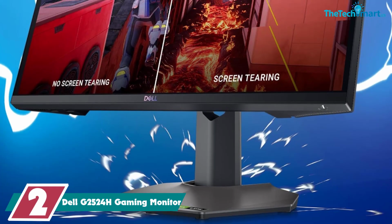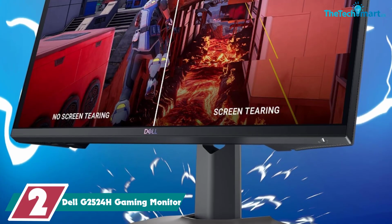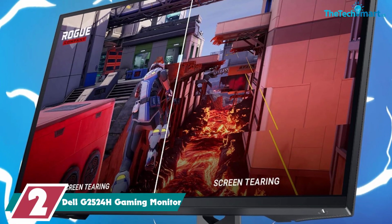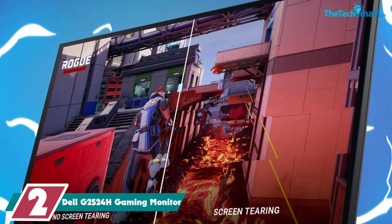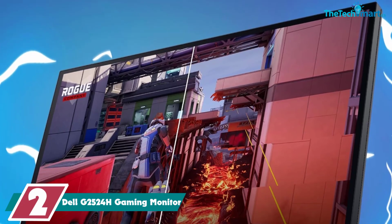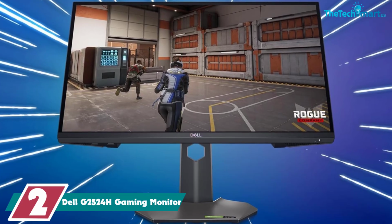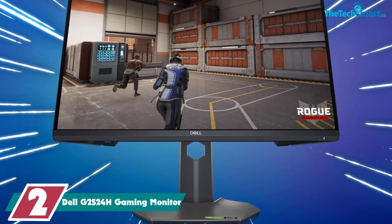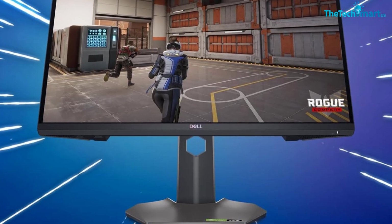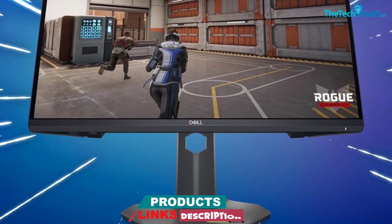At number 2, we have the Dell G2524H gaming monitor. If you find that the 27-inch screen of the MSI G274QPFQD is too big for your needs, there are some smaller, cheaper monitors you can consider. One of those is the Dell G2524H. It has a lower 1080p resolution, so images aren't as detailed, and it lacks some features as it doesn't